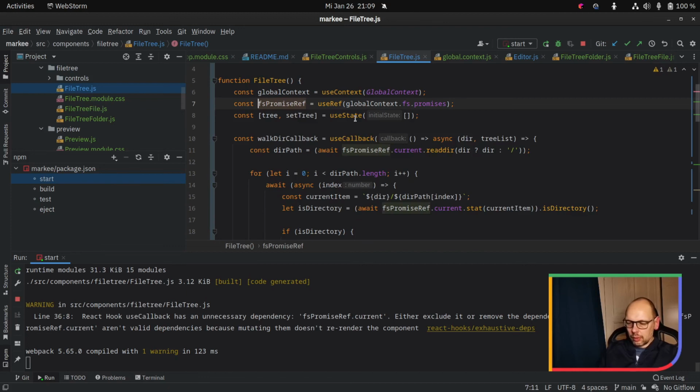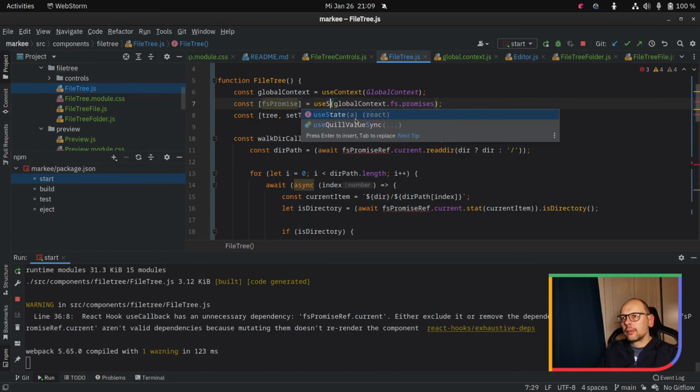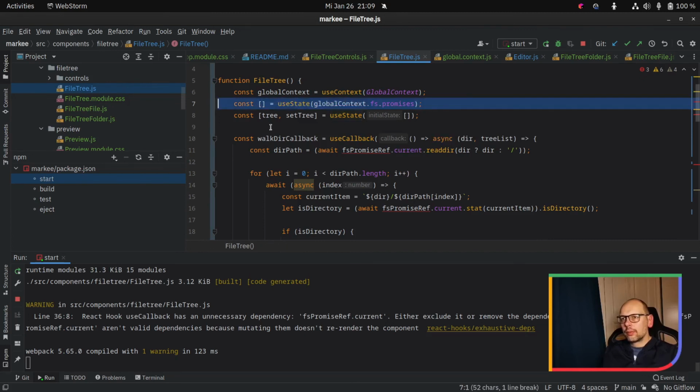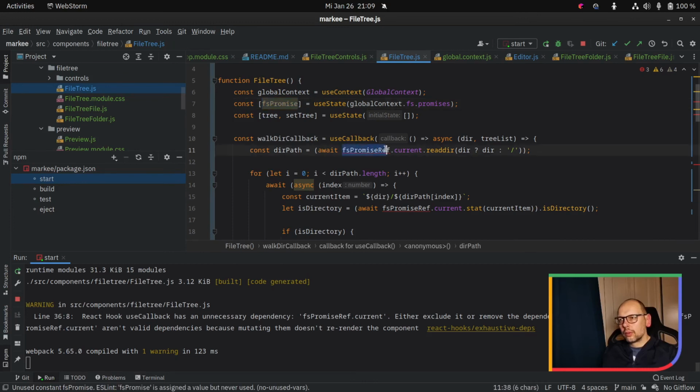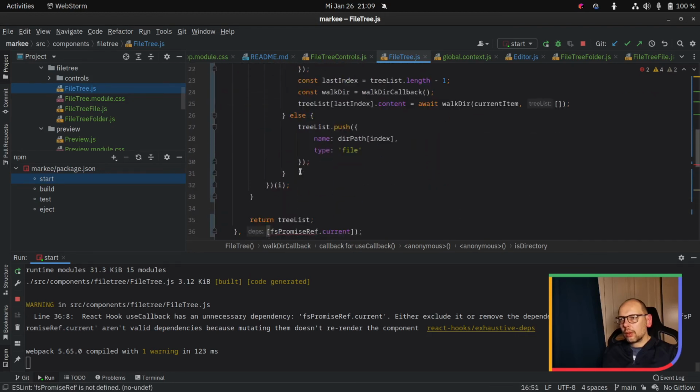I can also do it like that. That's the state from... Oops. I have no idea what I'm doing here. That recursive function